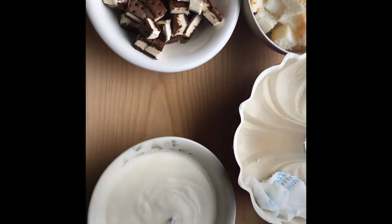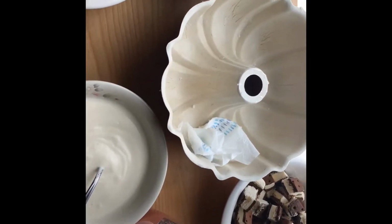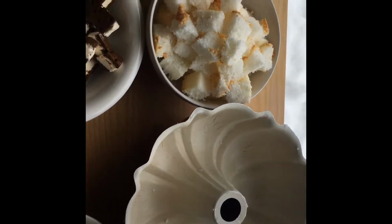It's super easy. It only takes about 20 minutes, half an hour to prepare. And so what you do is you're going to cube a